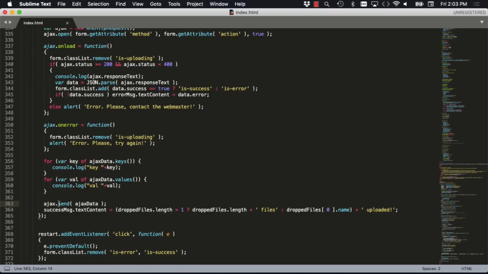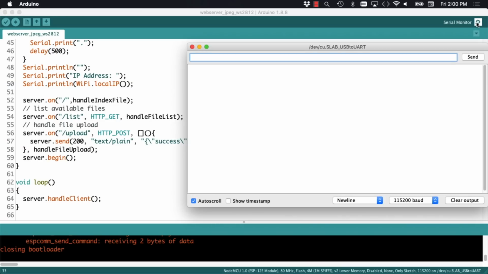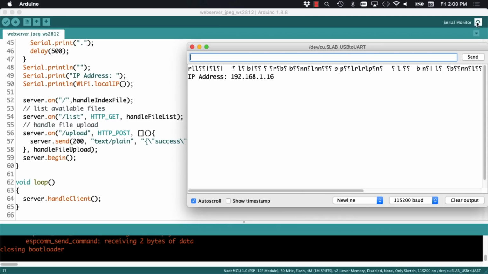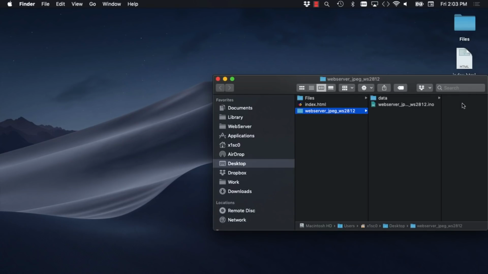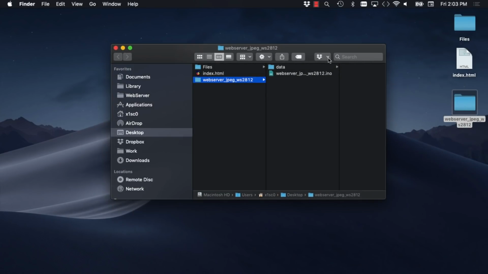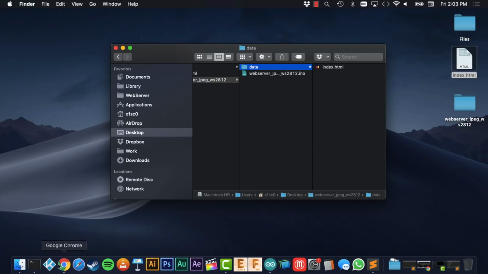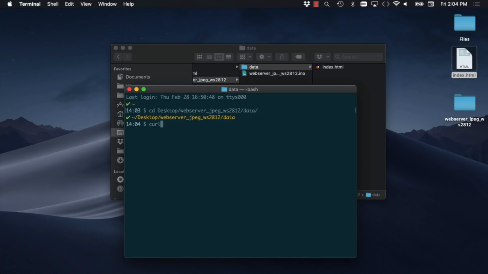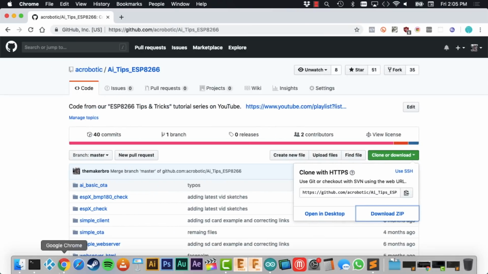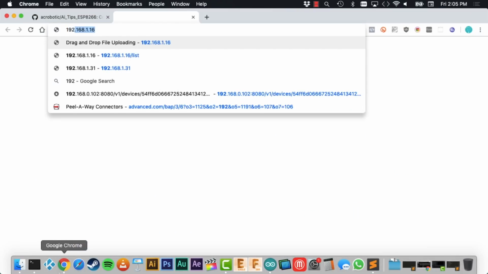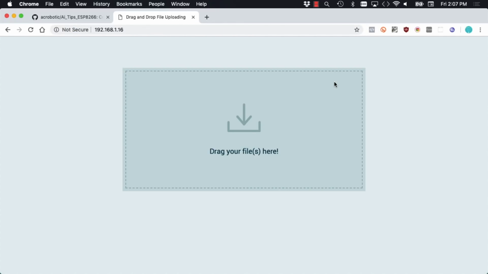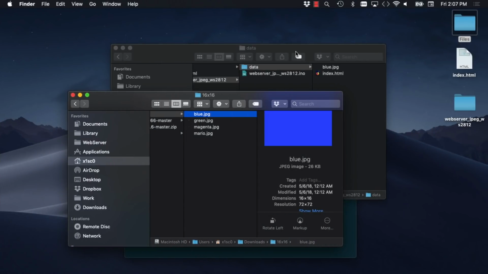to the ESP8266. So if we go back to the Arduino IDE and get the IP address of the ESP8266 and then replace this new index file for the old one we were using, we can go onto the terminal and use the curl command in order to upload the file to the flash memory of the chip. Once we do that, we can go onto the browser, navigate to the IP address, and see the file in